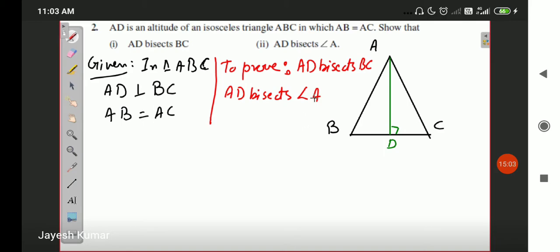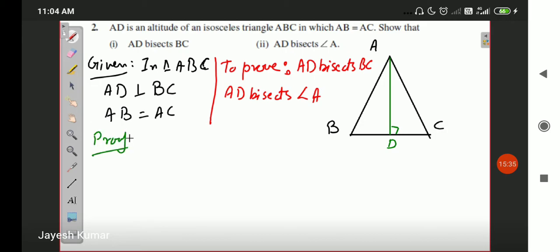Once again, see, this question is superficially similar to the previous question. In the previous question also we had an isosceles triangle, there was a bisector, and we proved using SSS congruency that both the triangles were congruent. This is quite similar, but there is one basic difference. The congruency used in this question is different from the congruency used in the previous question. How so? Let us see.